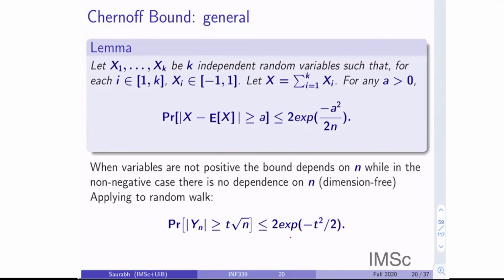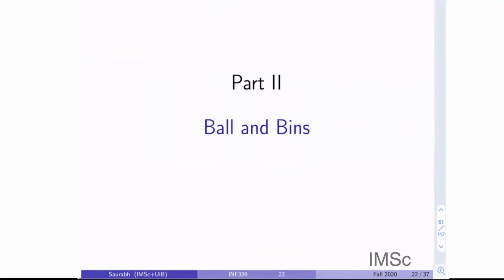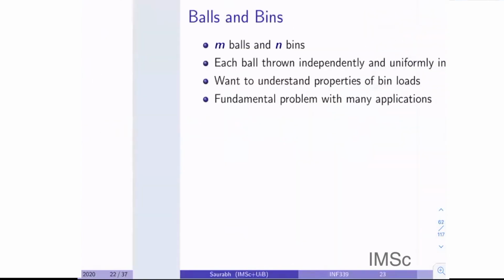Okay. I want to give an example from a slightly different random experiment, which will be the basis of several of our algorithms in big data. We saw one example, which was reservoir sampling, and this is another example which will be very useful for our purpose. This is called balls and bins.